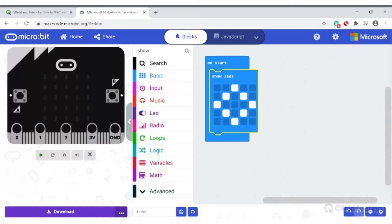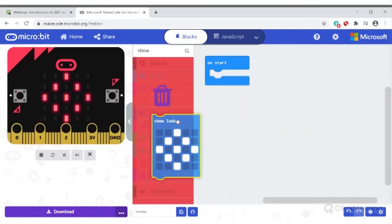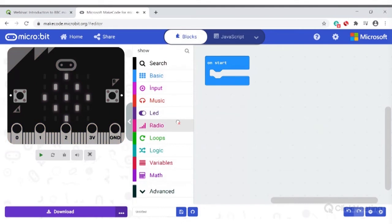And that shows up in the simulator on the left. If I change my design, it will be updated in the simulator, as you see. I will delete again. And we can also